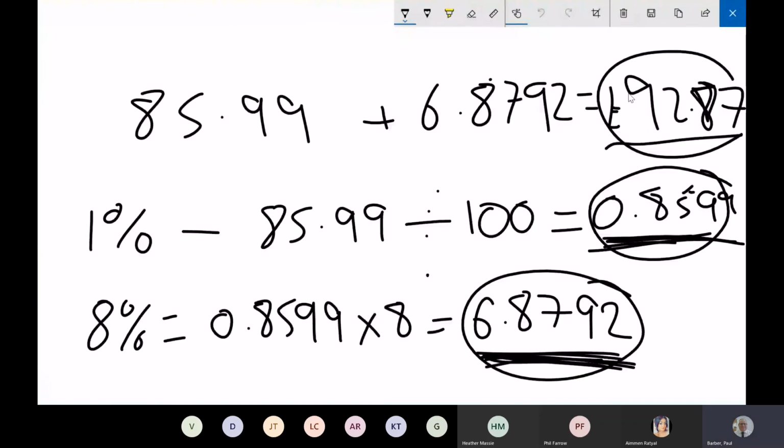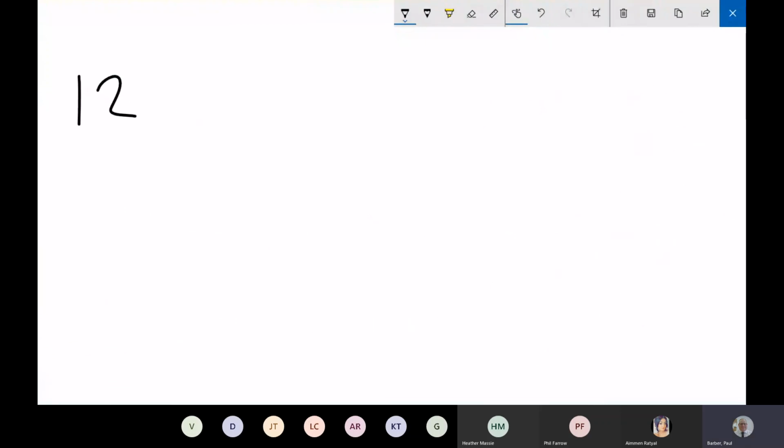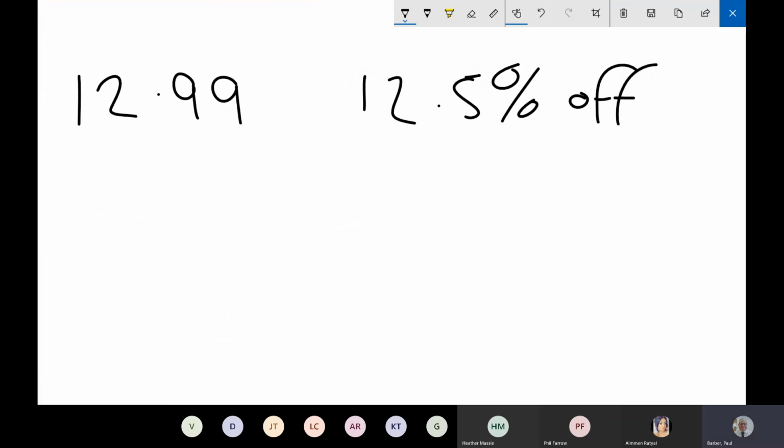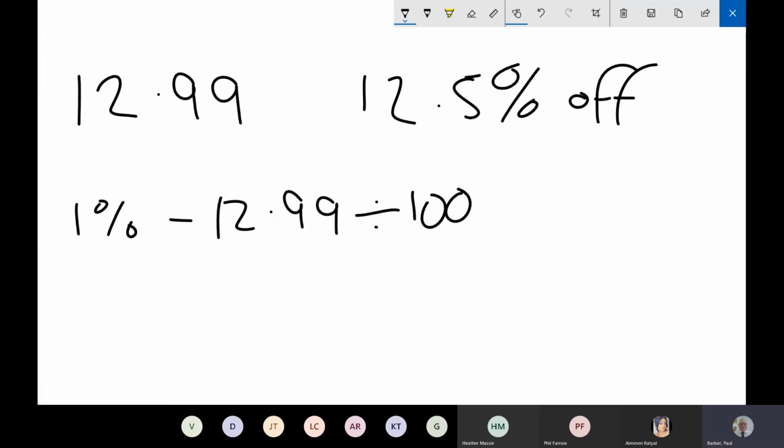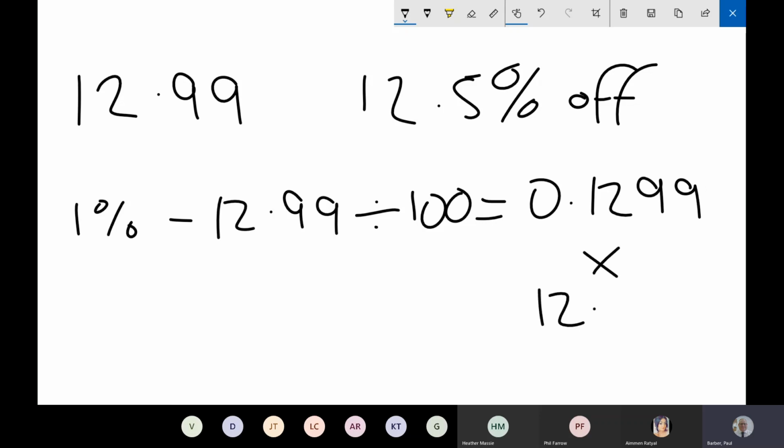Back to the whiteboard. The original cost was £12.99, and we've got 12.5% taken off. So to work out our 1%, hopefully you're getting bored of me saying this now, all we're going to do is take our original figure, 12.99, and divide it by 100, which gives us a figure of 0.1299. And we want 12.5%. So all I'm going to do here is times that by 12.5. And I'm going to do that on the calculator again, so I've got the full number for you. And that gives us an answer of